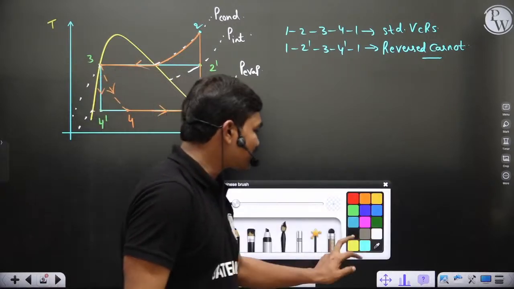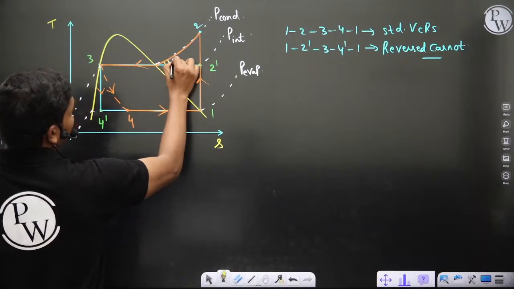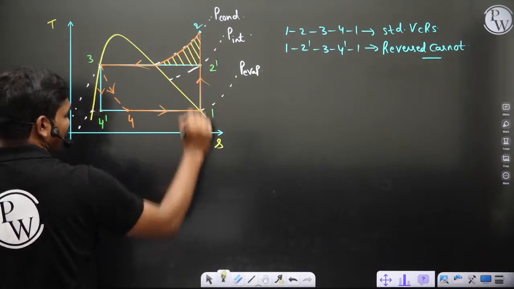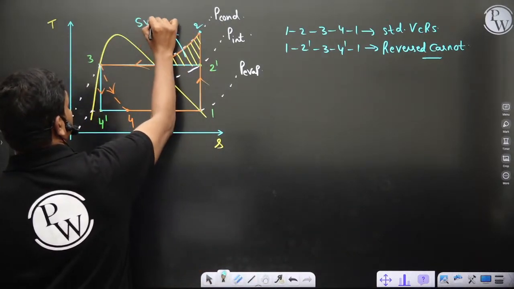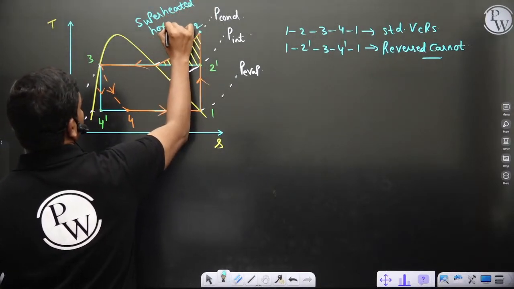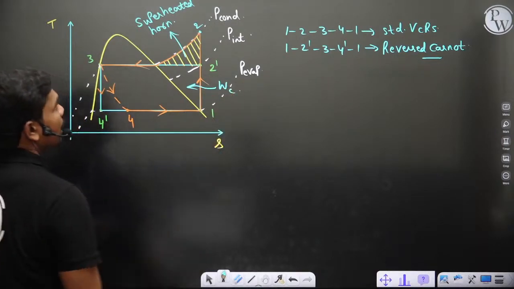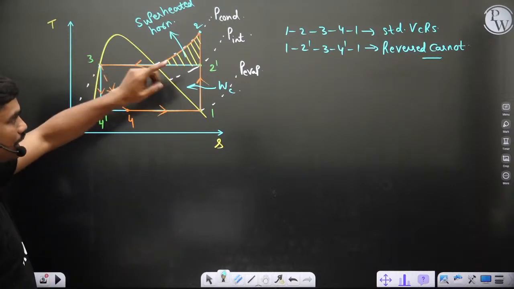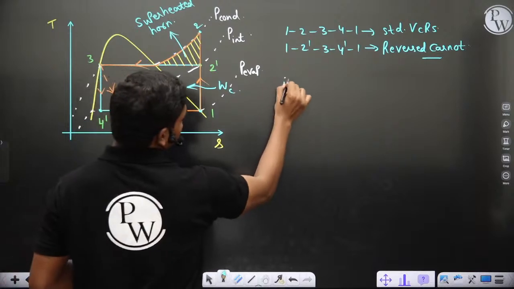Now let's see, in this case of reversed Carnot, this part of heat addition, or heat which is added in the cycle, is unnecessarily added. Okay, so this part is called the superheated horn. And you have a certain compressor work input WC, and also you have seen one thing. If the cycle is actually a reversed Carnot cycle instead of standard VCRS, you have the refrigeration effect